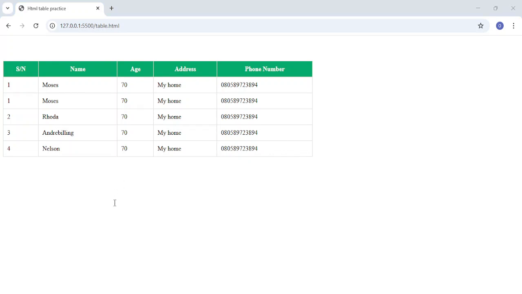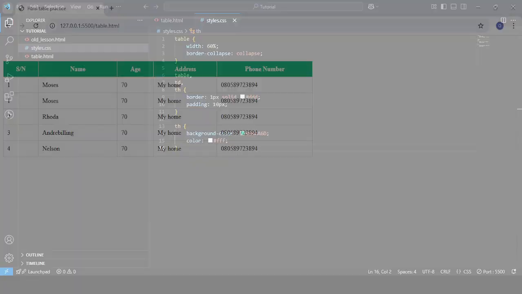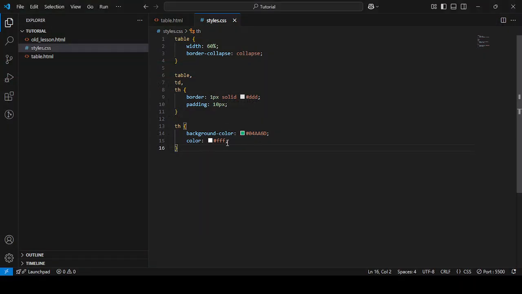So these are the simple properties that can be applied to table. If you observe very well, you see that the content of our table head is aligned center. Yeah, right. So if you want it to align left, you can always come back to your code and use